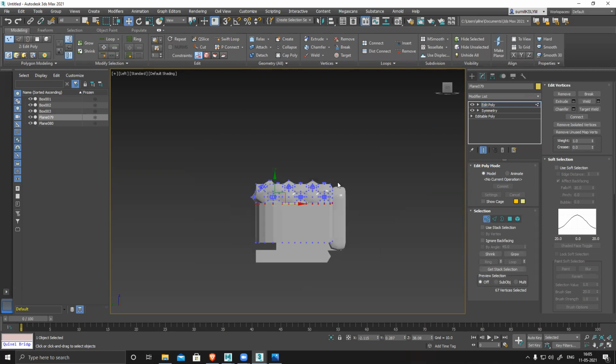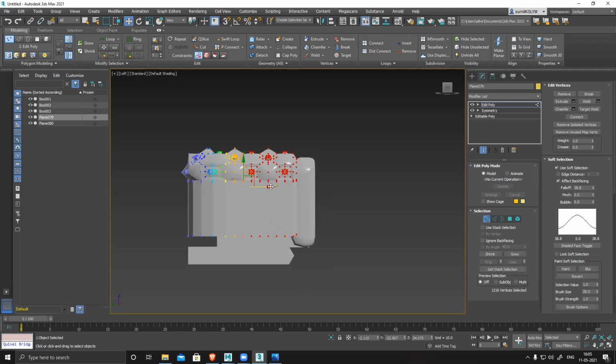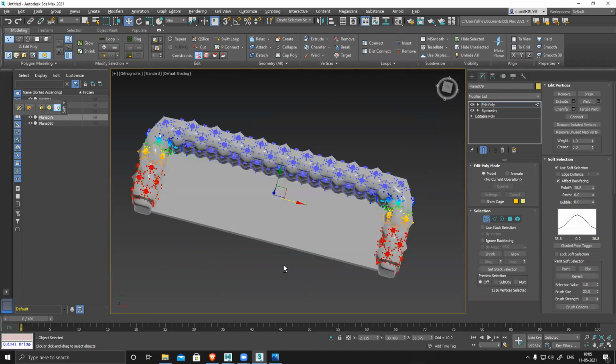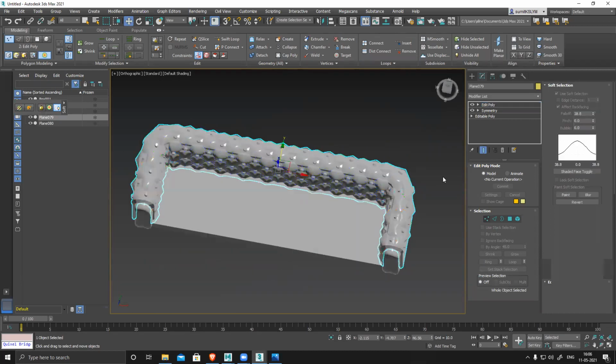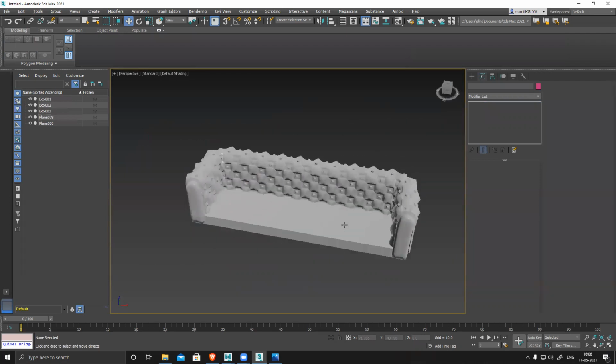So I'll go to left view, select the initial vertices or maybe half of it, go to soft selection and increase the falloff, then push it outside. It will be soft and smooth and will stretch that section without distortion, or maybe very little distortion.